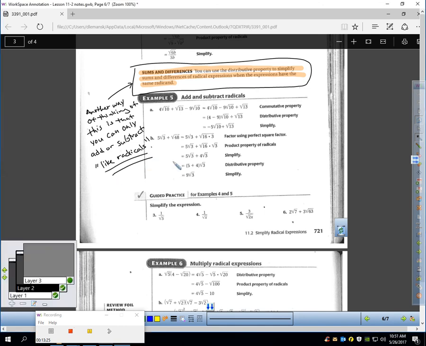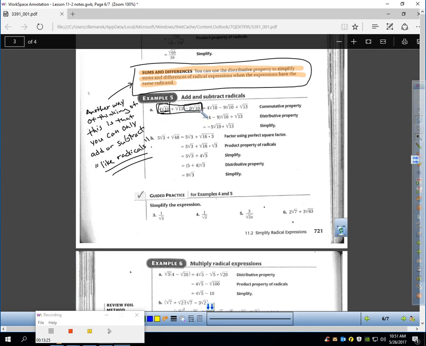Like you have like terms all school year. You know you can only add or subtract like terms. It's the same here. Look at this problem right here. Do you notice I have this 4 square root of 10 and minus 9 square root of 10? I can subtract these because they have like radicals, square root of 10. So 4 square root of 10 minus 9 square root of 10 would be negative 5 square root of 10,